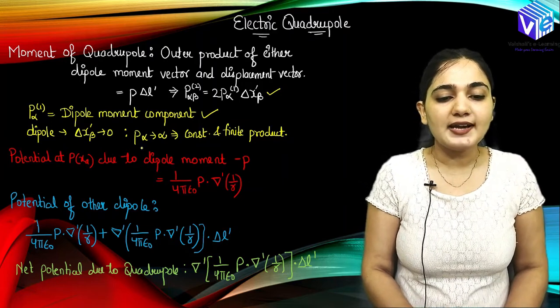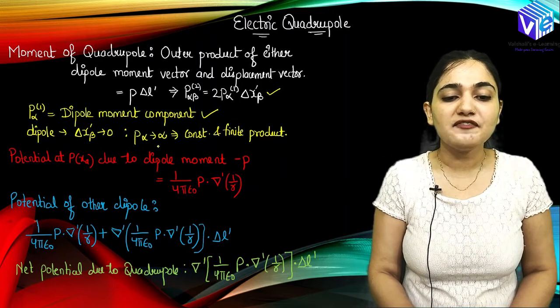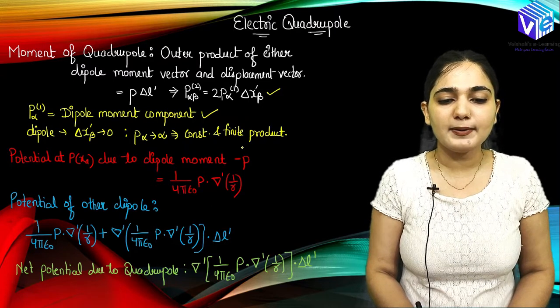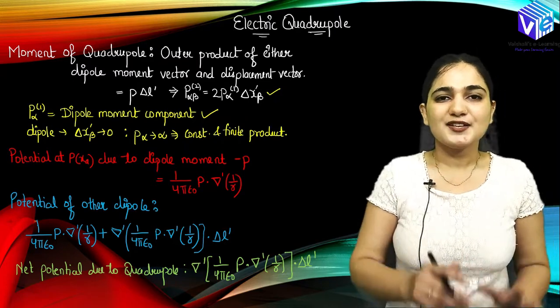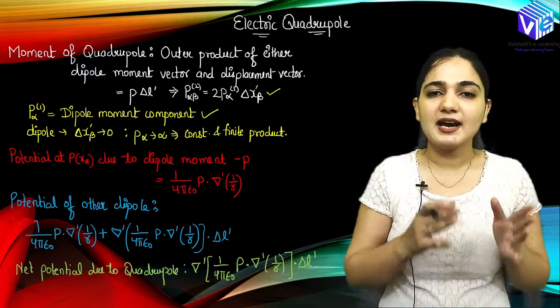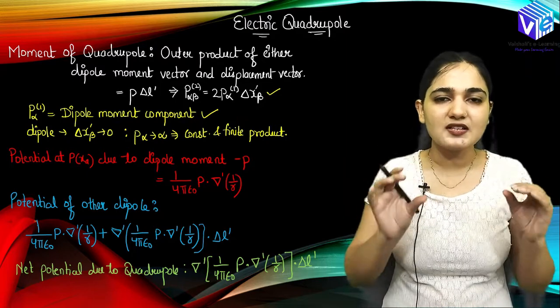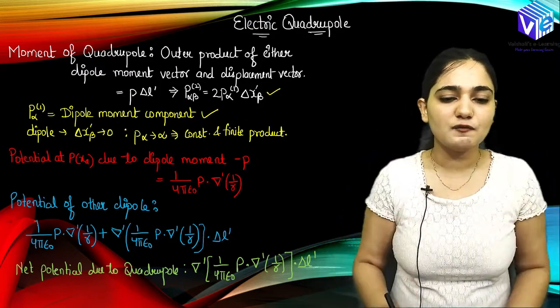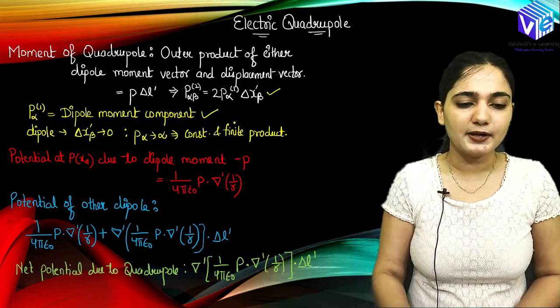So what I do, I take p alpha tending to infinity. So when infinity is multiplied with the 0, I will be getting the finite product. So p alpha is tending to infinity and delta x beta is tending to 0. So this is how, if I have the multiplication of both of them, I am going to get the finite product.